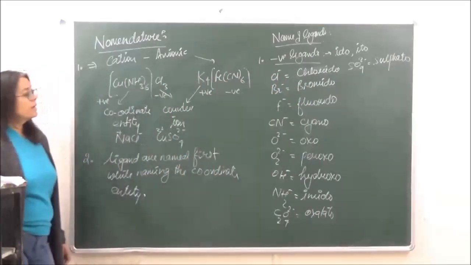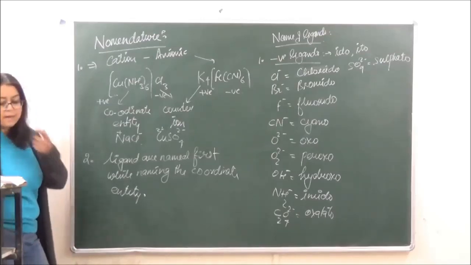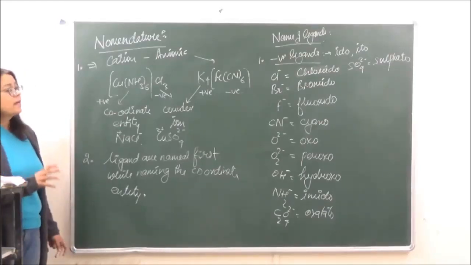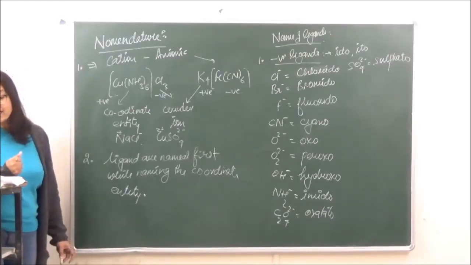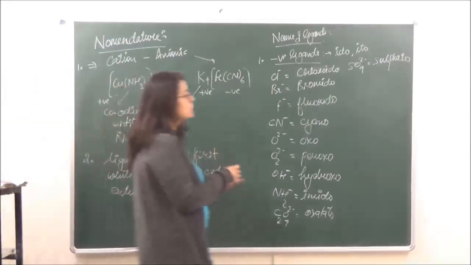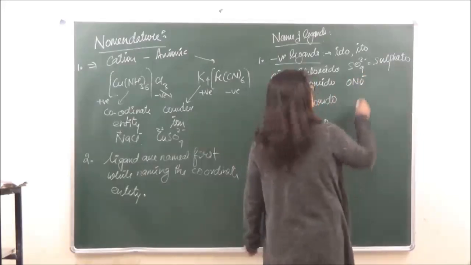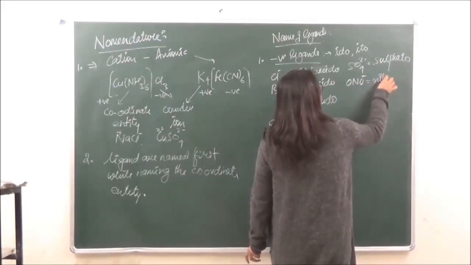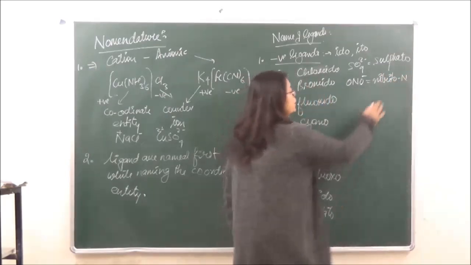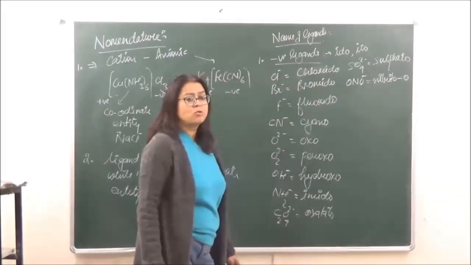Okay? Now over here there are a few others which are given in your notes. You can just go through them. These are certain important ones. These are the negative ligands, and this is how you are going to name them. Now if there is an ambidentate ligand present, for example you had done nitrito, so if we have ONO negative, this is going to be known as nitrito-O, as it is linking to the central metal atom through oxygen.